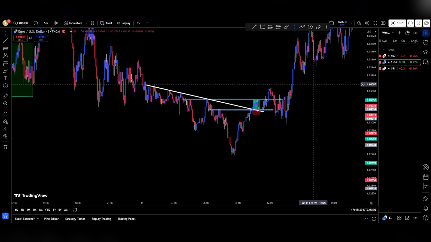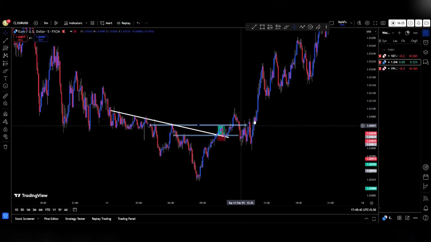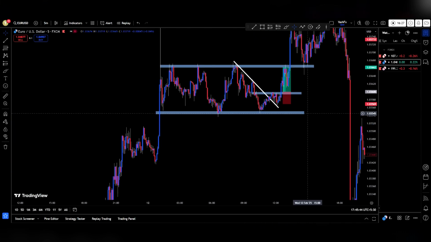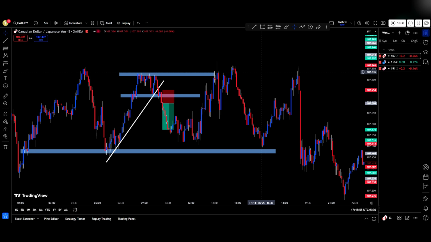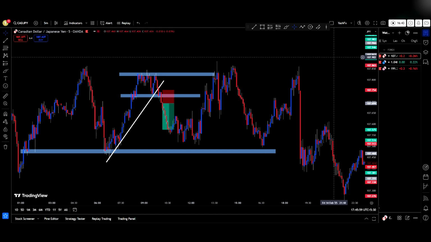And yeah, this was another trend line break, and here was a 1.5 hour trade. These were the trades which I have taken in this week, trading this CADJPY, EURUSD, GBPJPY,